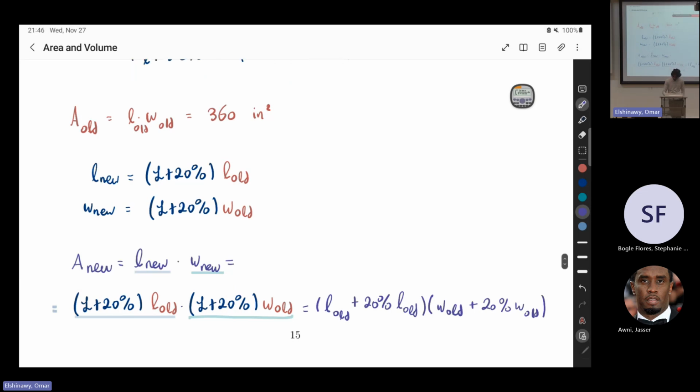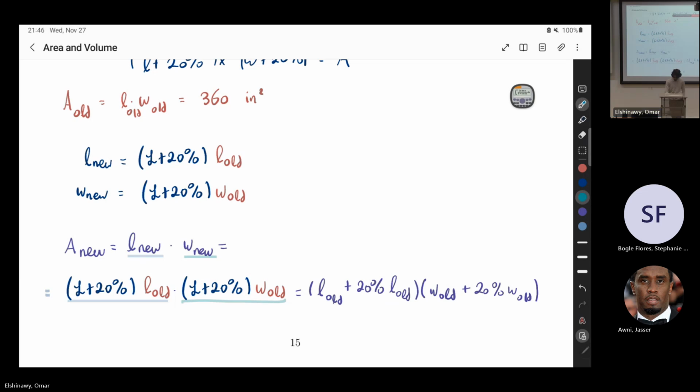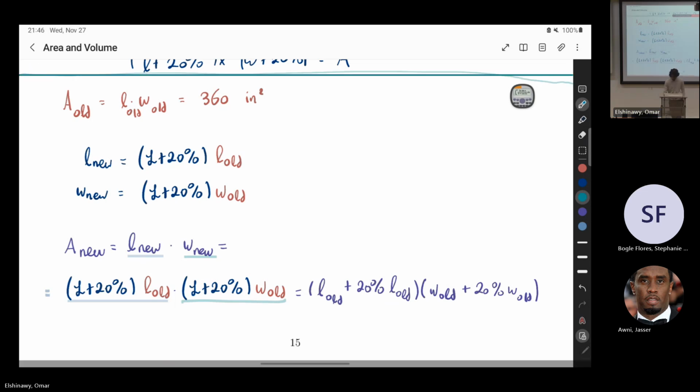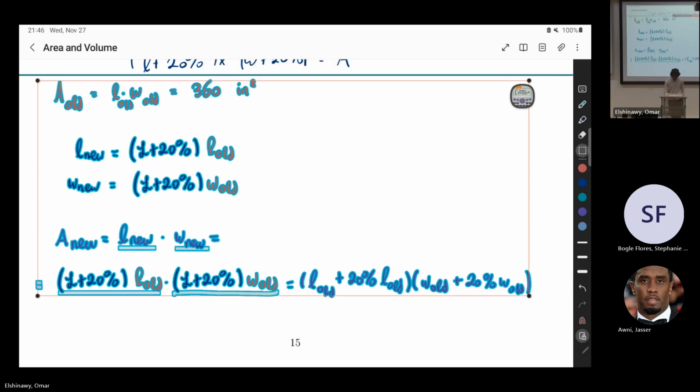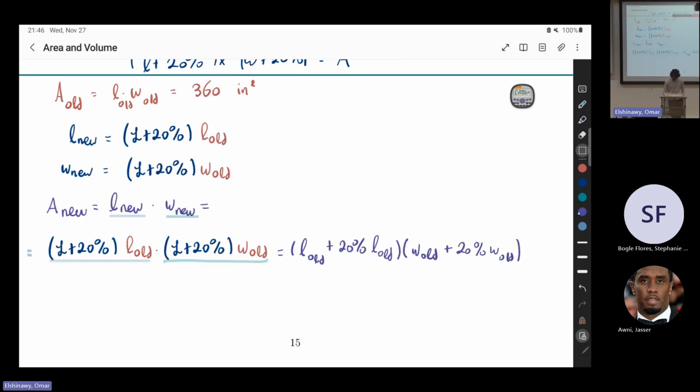Now let's multiply this out. It's really what I wanted to do. You can try to multiply this out as I arrange my page with more space. But here's what we get. We get L old times W old, right? Plus L old, this is the first thing, this is the second term, times 20% of W old